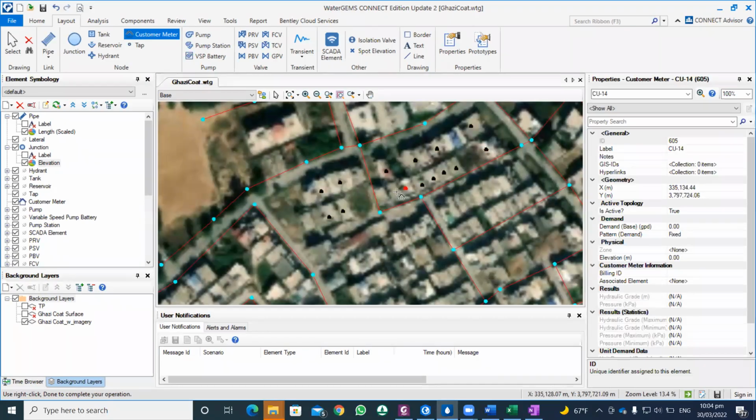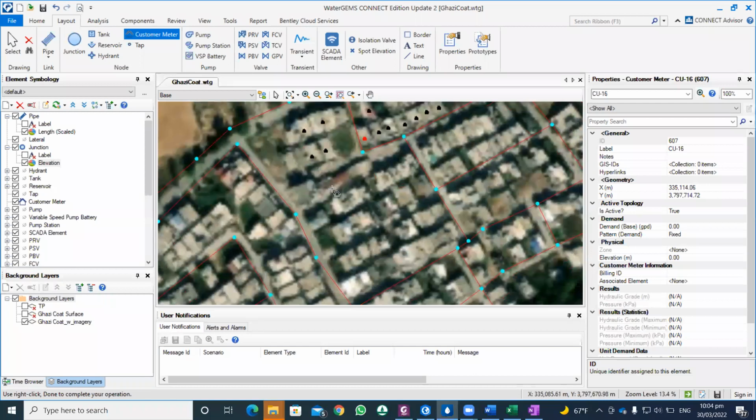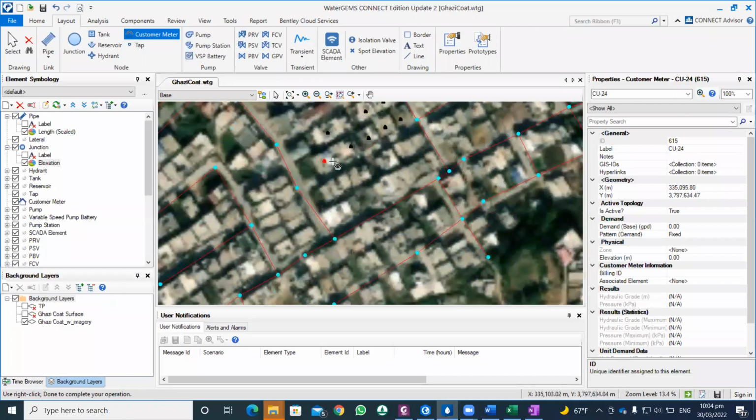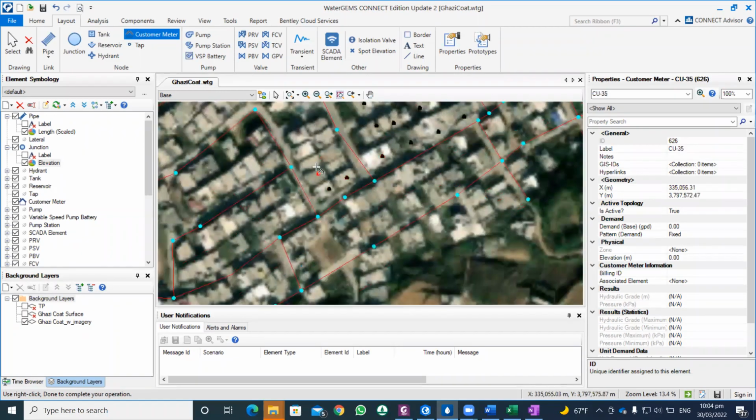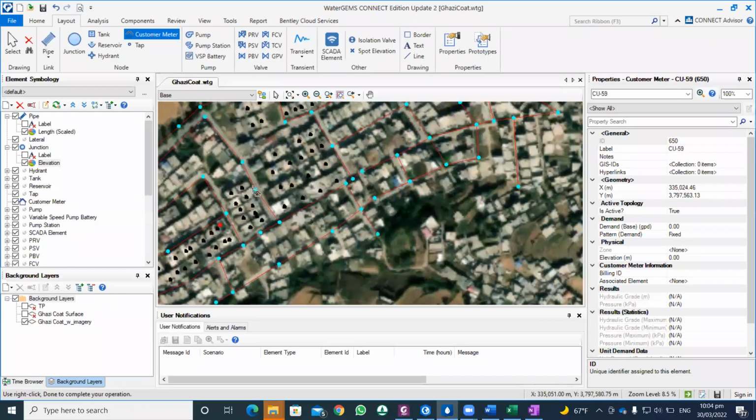You can easily count it from here. So this is basically more plus. You should download it in a proper way so that it can be seen easily. So creating each and every one will take more time. Therefore, it's enough to show you how to use the customer meter method in order to assign a demand